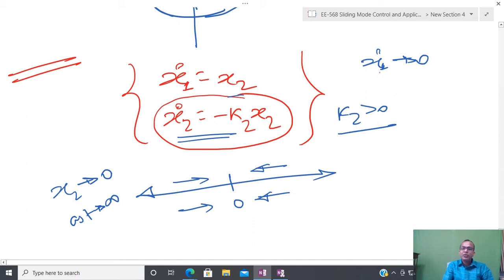Nidhi, could you please tell me, if x1 tends towards 0, then what is the value of x1? Then, sir, what is the value of x1 dot tending towards 0? Because x2 tends towards 0, I have to substitute that x2 here. It is not perfectly 0 but tending towards 0, so you can assume that it is 0. Now I have the equation x1 dot tending towards 0. So now I have a differential algebraic equation.